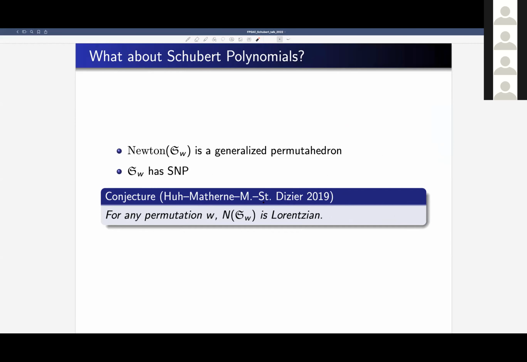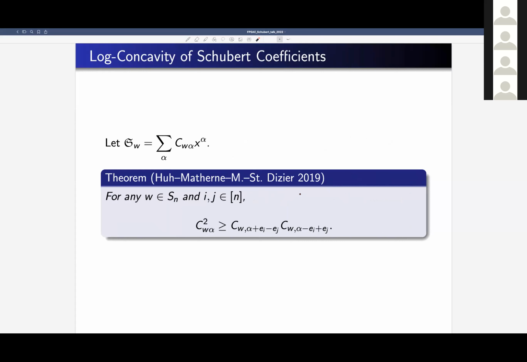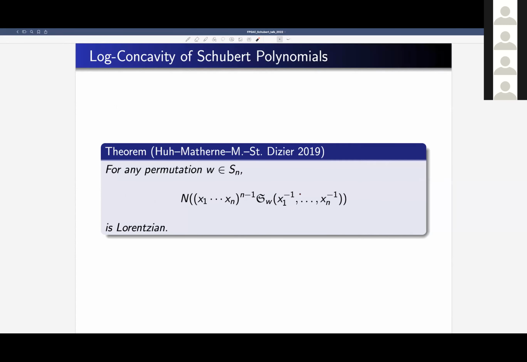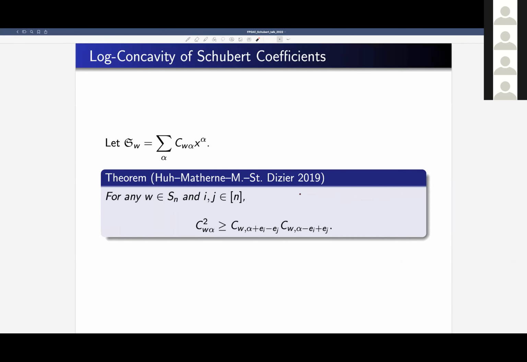We conjecture that the normalization of Schuberts is Lorentzian. We prove something else. We prove that the normalization of some sort of transformation of the Schuberts is Lorentzian, which is enough to say that the coefficients are log concave. Because if you look at this and you're a polytope person, you only flipped it around, and I don't know what you did with your polytope in space. You didn't do anything to the coefficients. They're still along the same lines. So we know that in the Newton polytope of the Schubert polynomial, along root directions, you have log concavity. And that's a very satisfying thing.